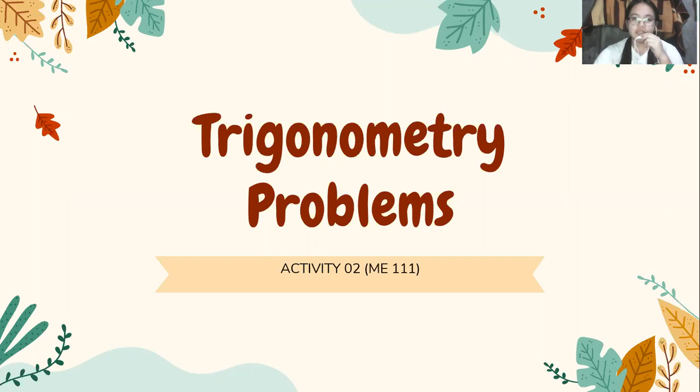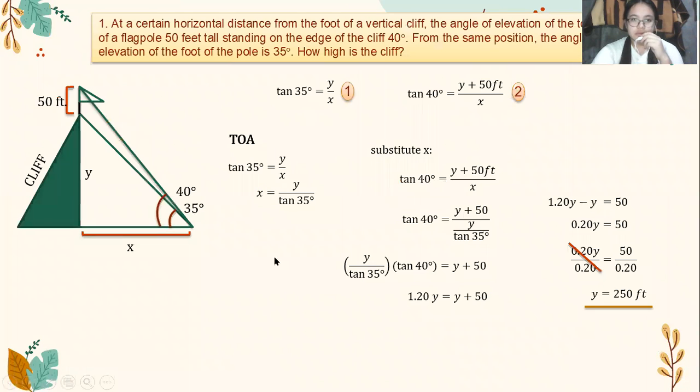We have here the trigonometry problems. So first problem, we have at a certain horizontal distance from the foot of a vertical cliff, the angle of